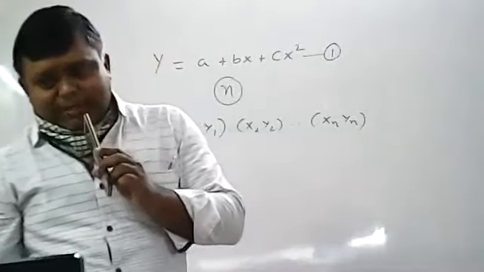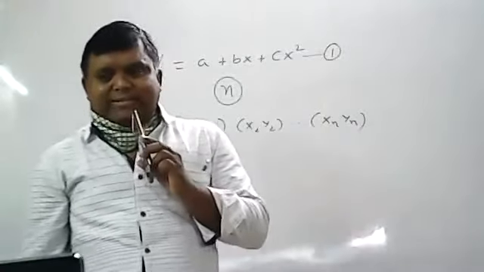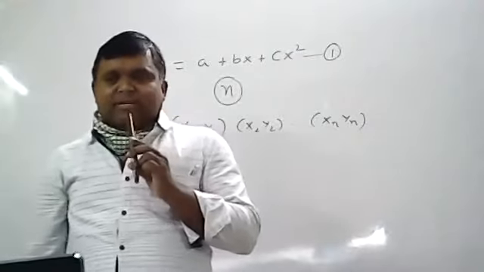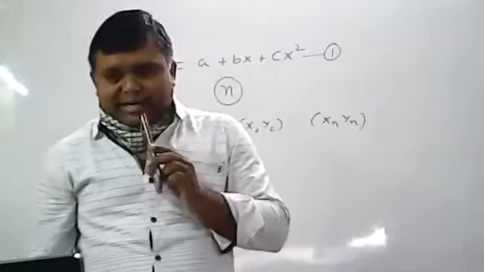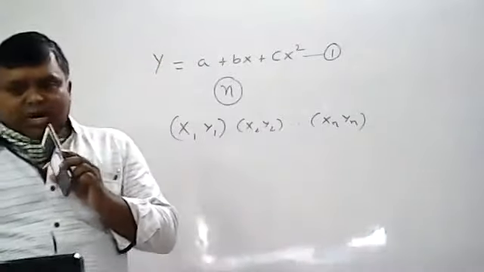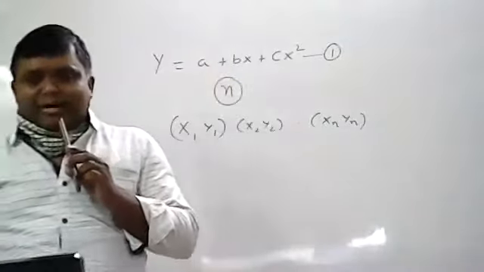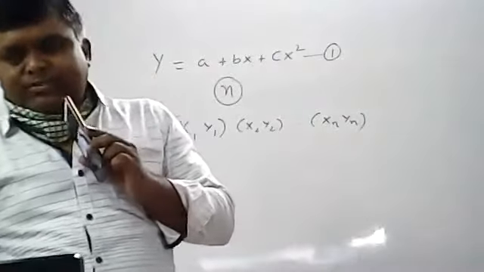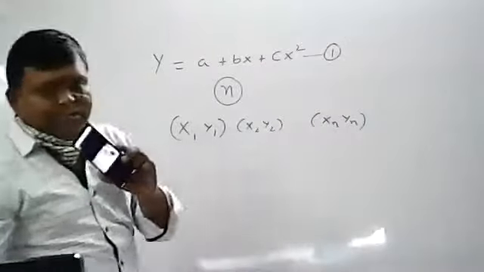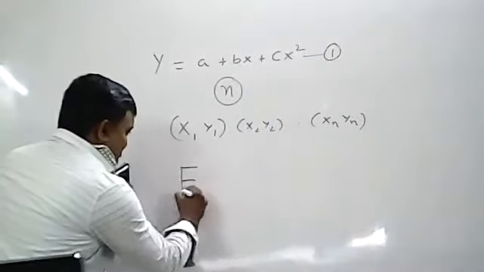So you are using the principle of least squares again. What is the next step? You have to identify the E value. E means the error sum of squares of the residual of y. Next line. The error sum of squares of the residual of y is given by, and the residual error is denoted by E.